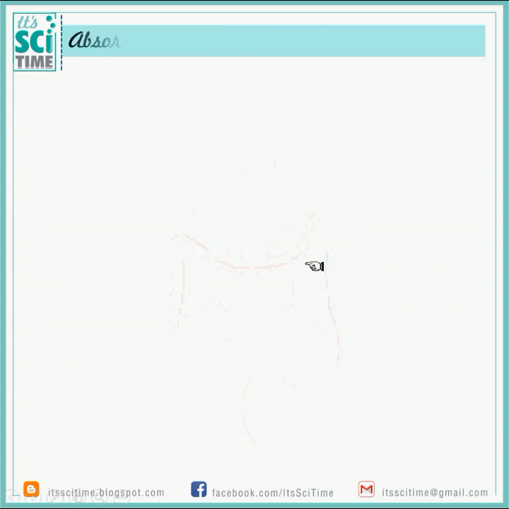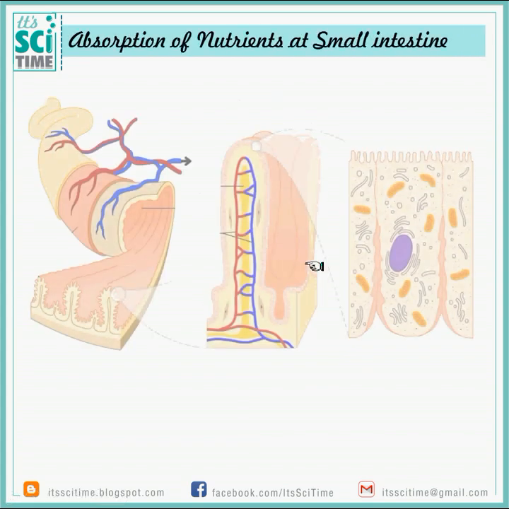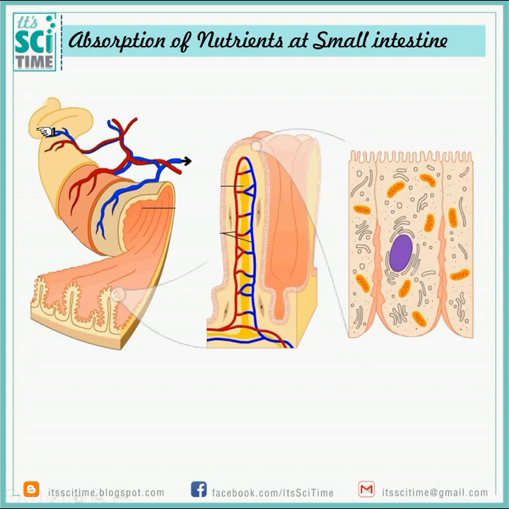Now let's see how the small intestine is adapted for this absorption. So look at this. It's a long tube. As we learned, there's rich blood supply here, and also you can see inside that wall there are some projections to increase the surface area. These projections are known as villi, and those villi again have a rough surface with microvilli like this.